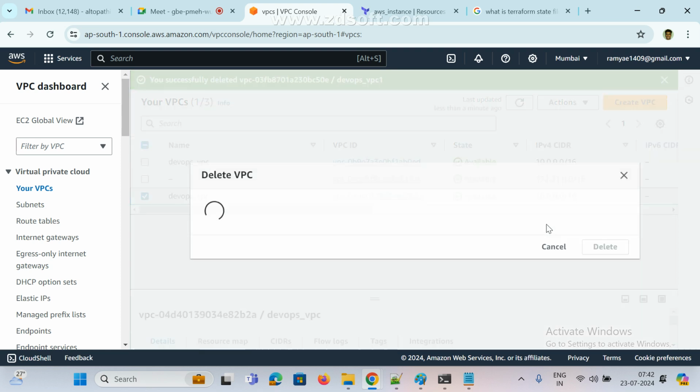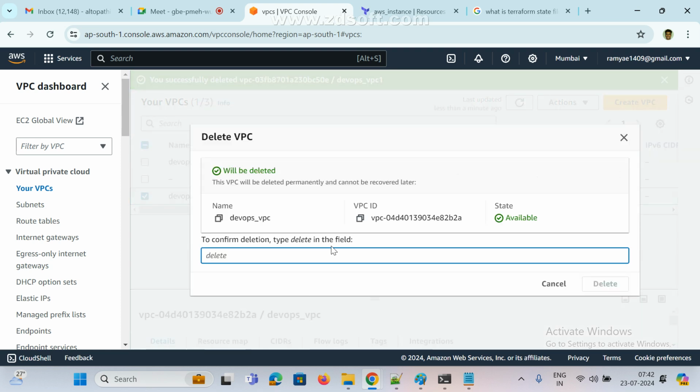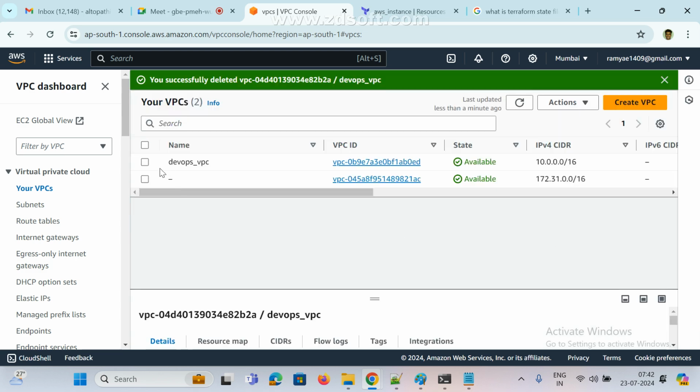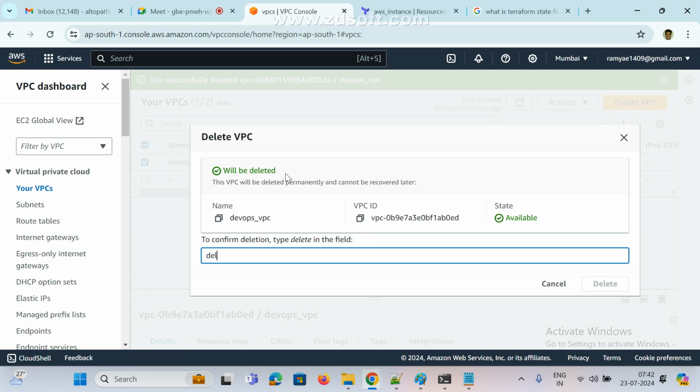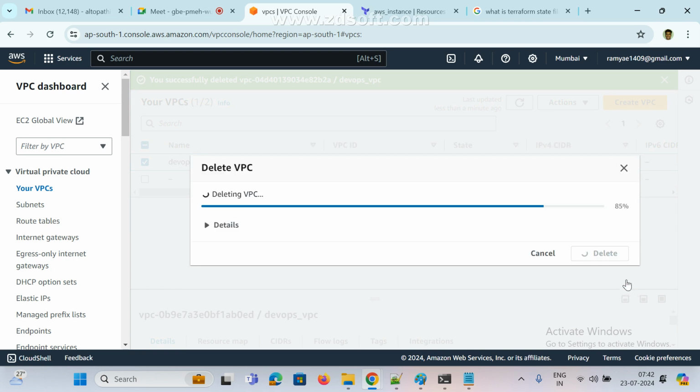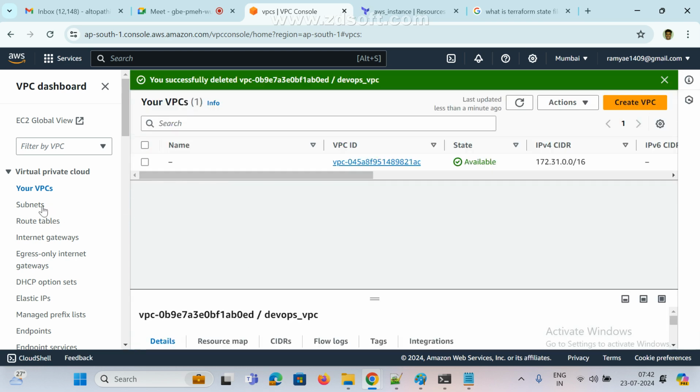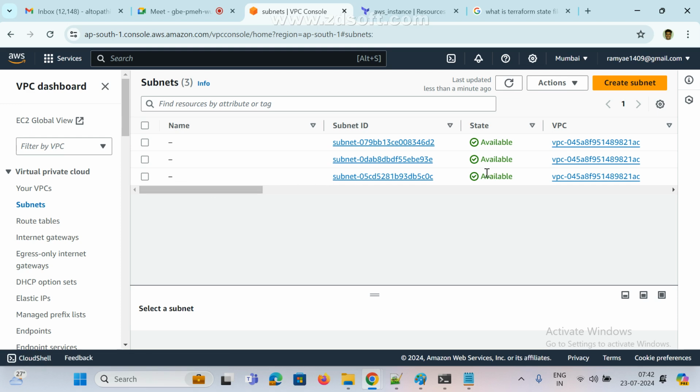Already we reached the limit, right? So that is the reason we are getting the error message. Delete. I am just deleting manually. I am not going to do anything else. Don't get confused here. Any subnets? Okay, leave it.